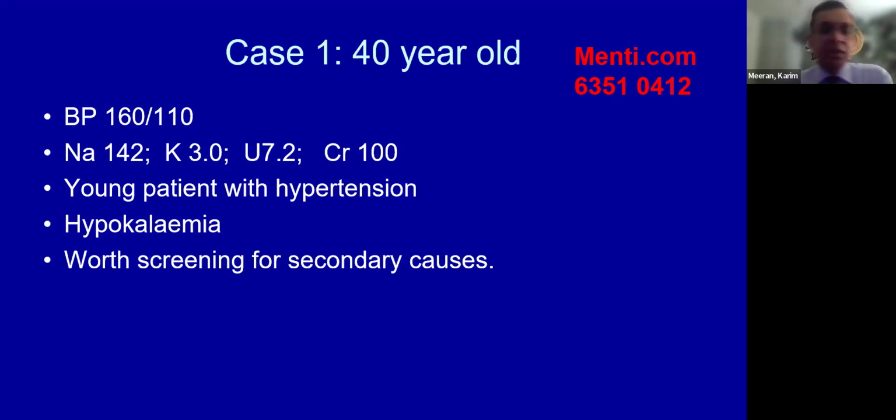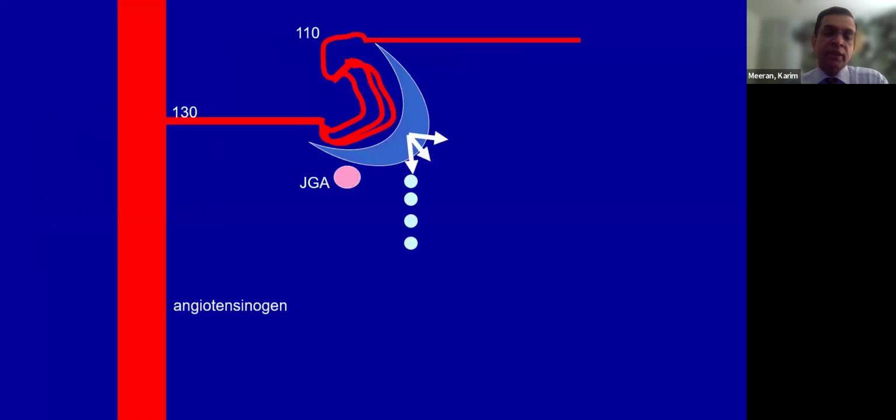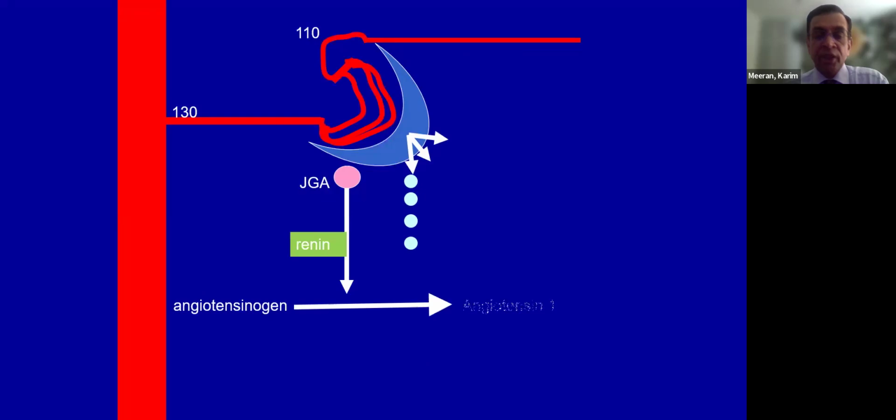So I'll just mention a typical case of hypertension and hypokalemia. You've got a young person with hypertension and hypokalemia, then you've got to look for secondary causes. Okay, and he's young, and if you can treat a secondary cause, that's great. And just to quickly remind you that the JGA axis controls this through measuring renin, which stimulates production of angiotensin